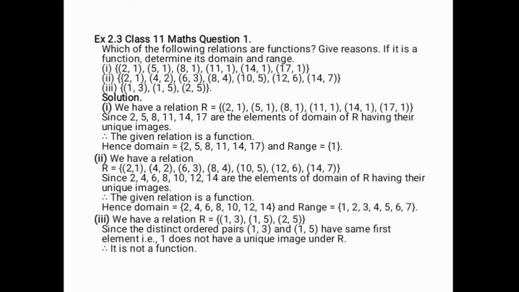Further, if its domain is also either R or a subset of R, it is called a real function. And next, identity function. Another one, constant function. Identity function: let R be the set of real numbers. Define the real valued function f from R to R by f(x) = x for x belongs to R. Such a function is called the identity function. Hence, the domain and range of f are R.